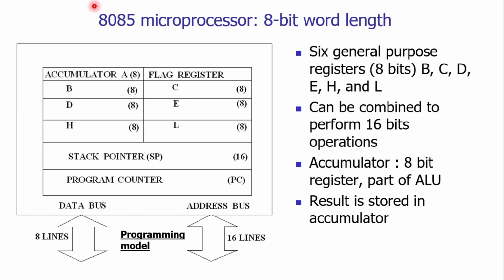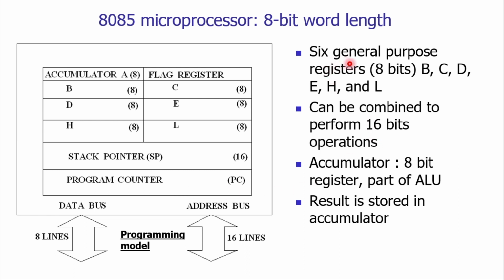To understand programming, let us take a simple example. On your screen you can see an 8085 microprocessor. It's a very basic, very simple configuration to understand. My friends, nowadays we are using very high-end microprocessors, and the programming is very complex, but for basic understanding we are using the 8085 microprocessor. It uses an 8-bit word length, and its architecture can be seen on your screen.